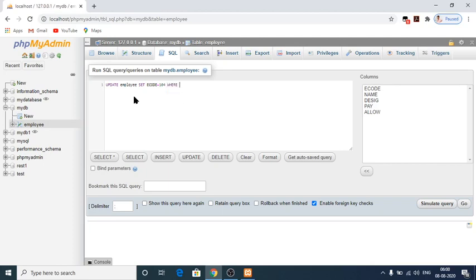WHERE name is equal to, within double quotes, RK. Let me execute this one.